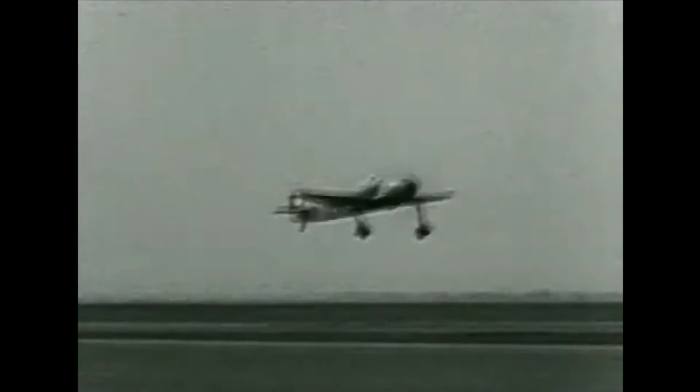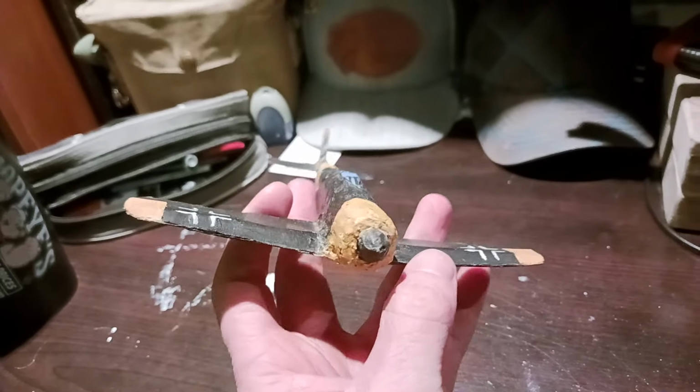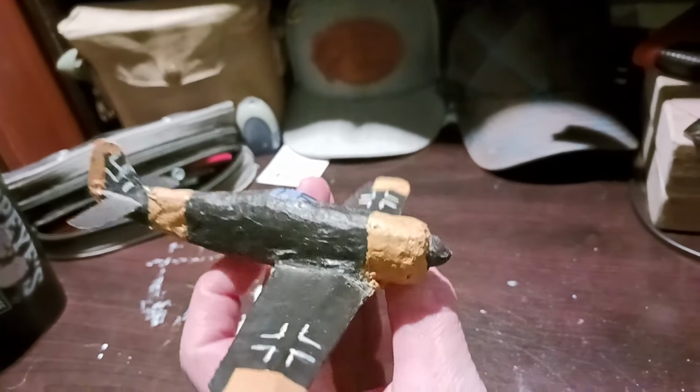It began service in late 1941 and proved superior to the Me 109 at low altitude, but it wasn't that good to intercept high altitude Allied bombers. It was also the first true fighter bomber of the Luftwaffe. This one, you can see that I carved the paper mache with a blade again, and the wings are still